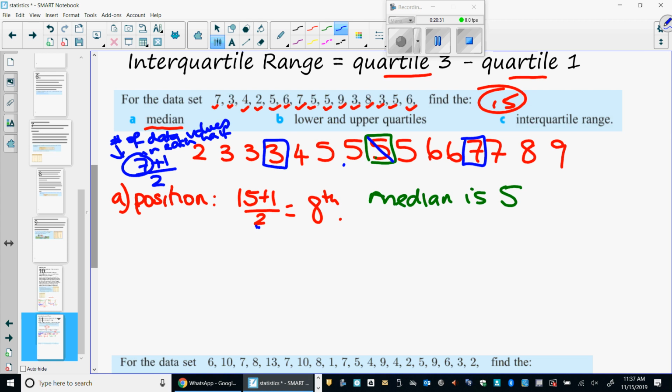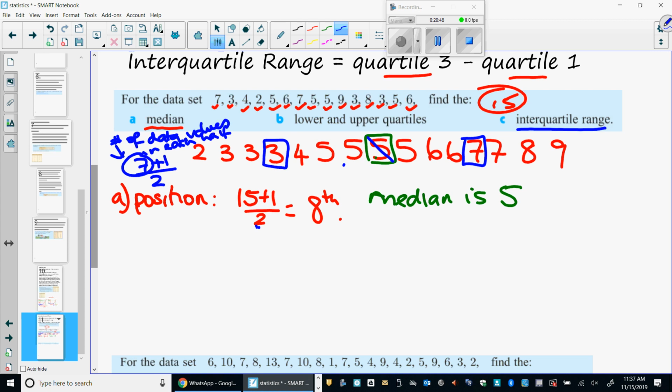So it's the 4th one counted from this number. When it says lower and upper, we have to do both on each side. Yes, you have to find the middle of both groups. Could the test maybe say just do lower or just do upper? Unlikely, mostly they would get you to do both because the question is more likely to ask you about the